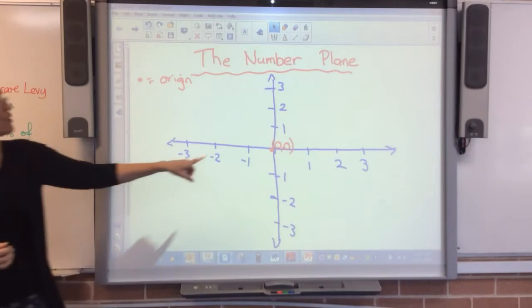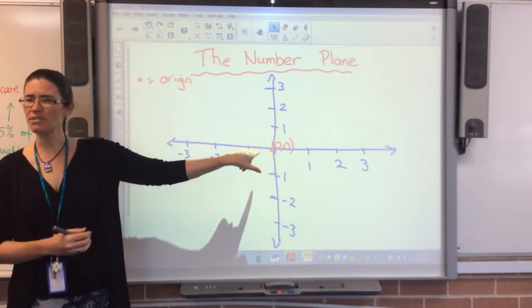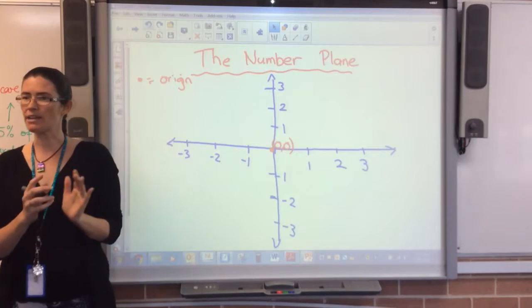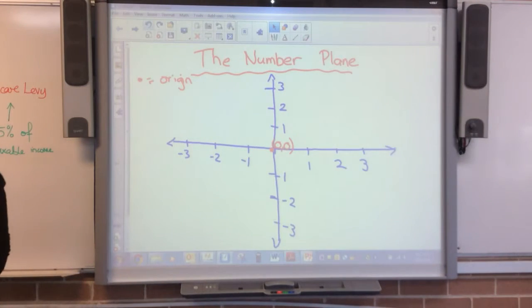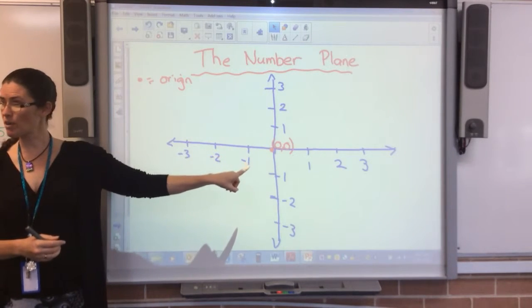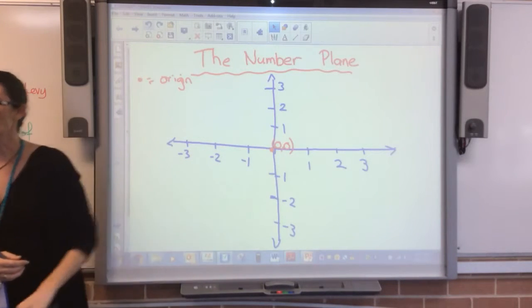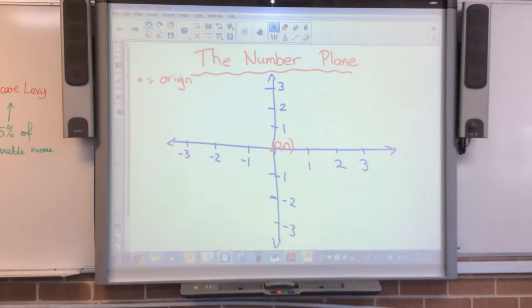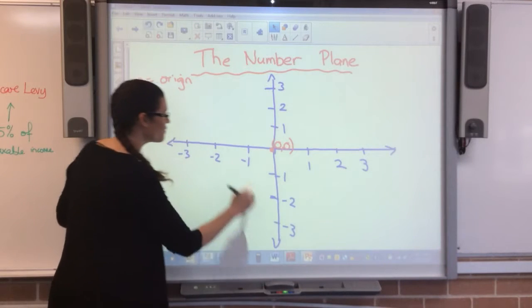Okay? So this point here, see I've put 0, 0 in brackets. That tells me that I go 0 across and then 0 up and down. Now, we're going to go into the negatives today. We're going to look at this point over here,